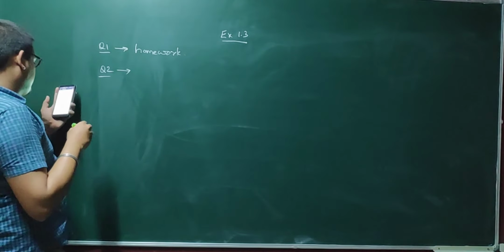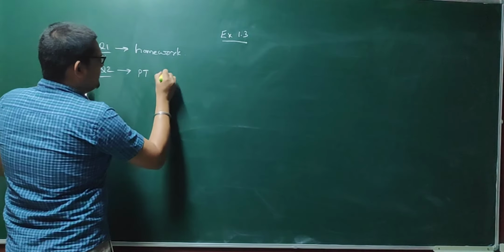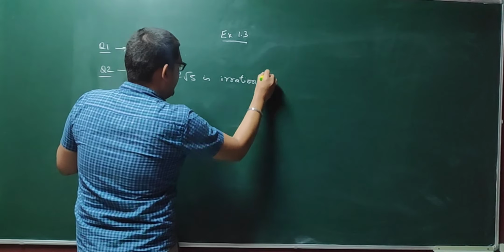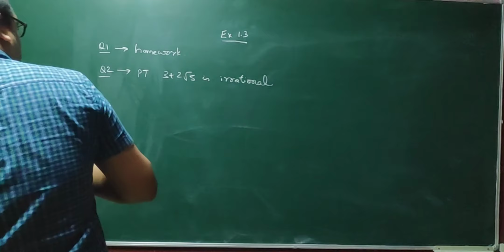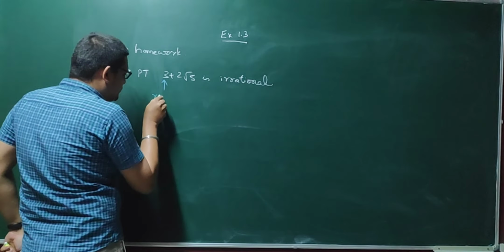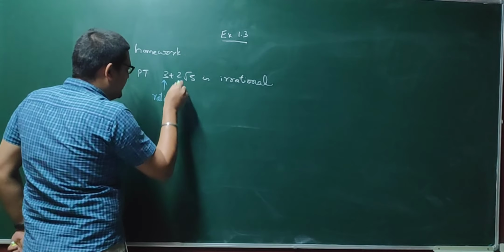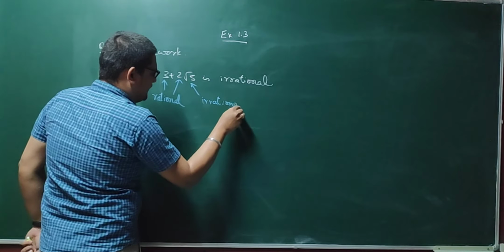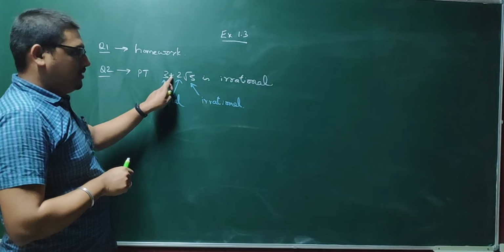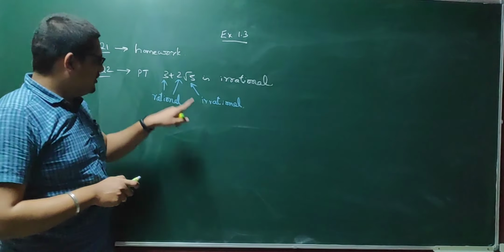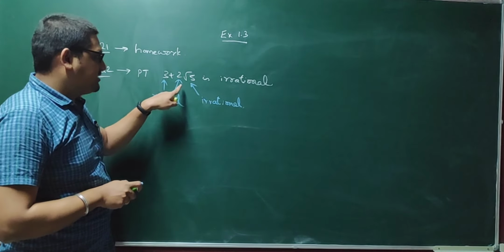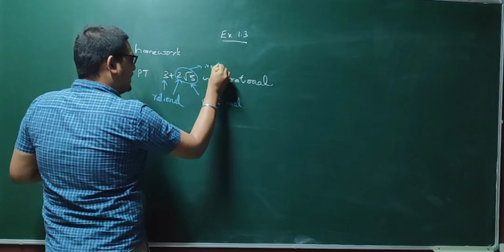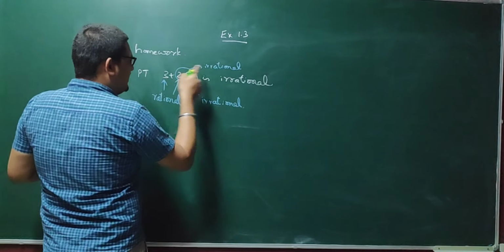Okay. So what does question number 2 say? Prove that 3 plus 2 root 5 is irrational. So we know for a fact that 3 is rational. Correct? This we know. Again, 2 is also rational. Root 5 is irrational. But just a few minutes back we studied that the sum of a rational and irrational number is again irrational. Similarly, the product of a rational and irrational number is irrational. So I can say the product of 2 and root 5 is irrational. Correct? Similarly, the sum of a rational and irrational number is irrational.